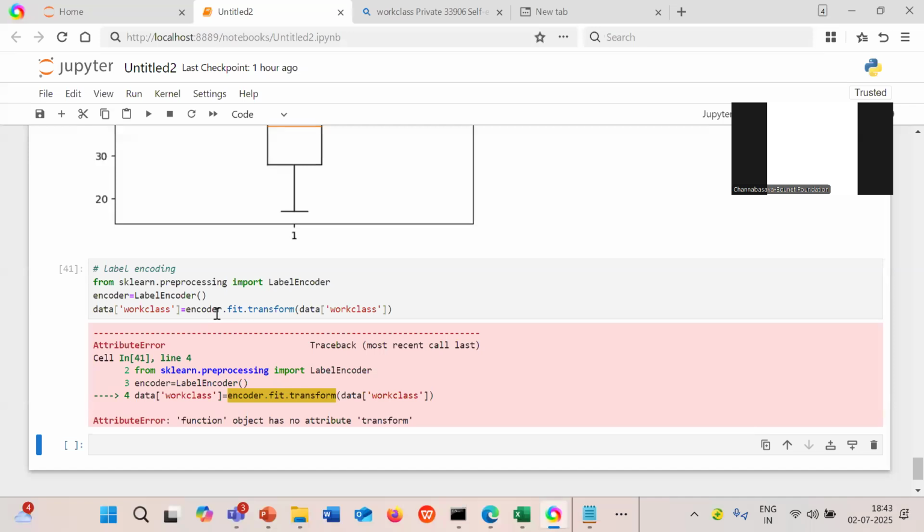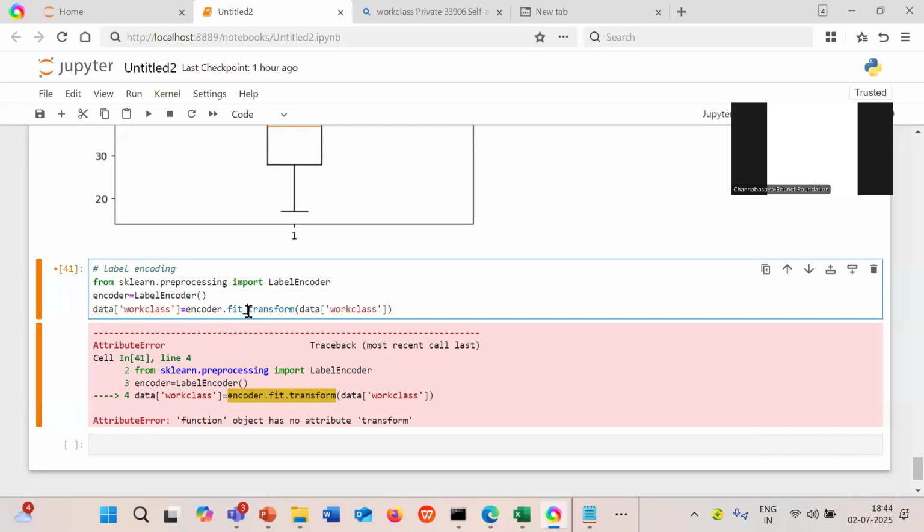So what I did here, attribute function. Where is the underscore, ma'am? Okay, got it.